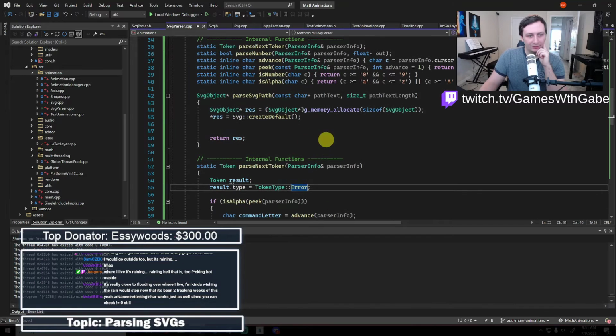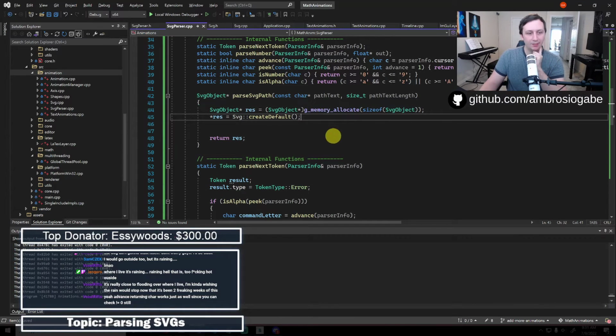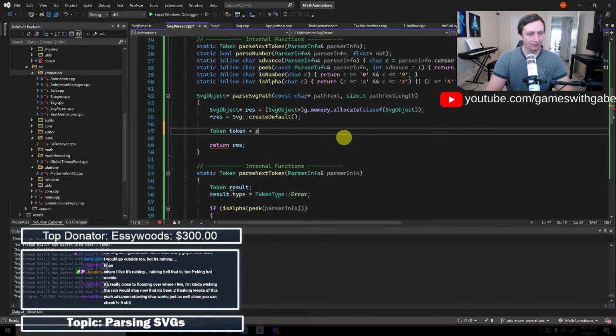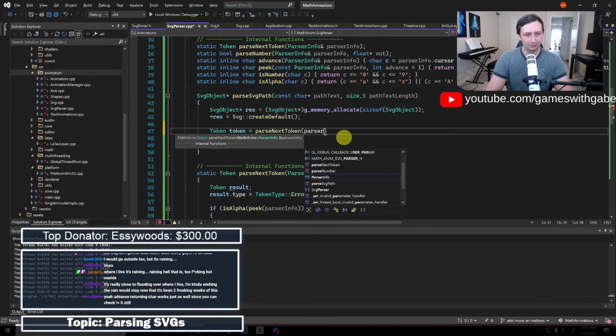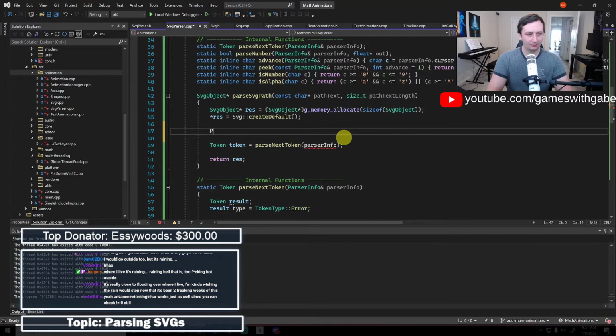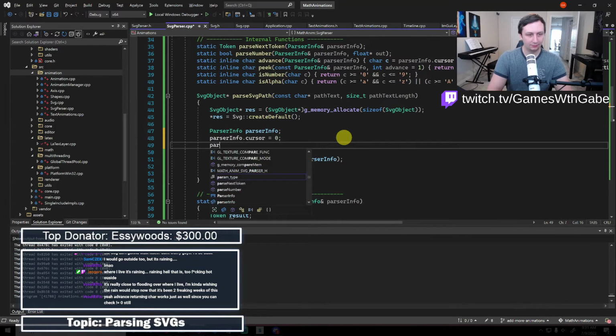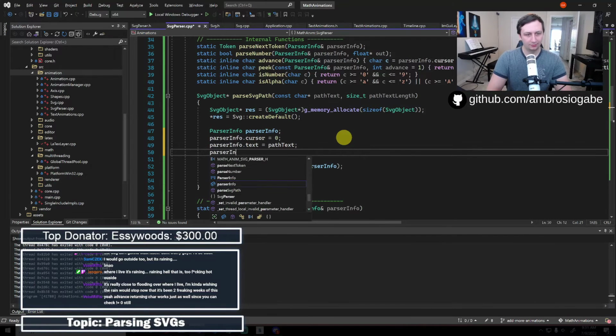And then what will happen when we parse the SVG path is we will basically want to just go ahead and keep parsing tokens till we hit the end of line. So we'll say token equals parse next token, and we'll have to initialize some parser info. So we'll say parser info, and we'll say cursor equals 0, text equals path text, text length equals that.